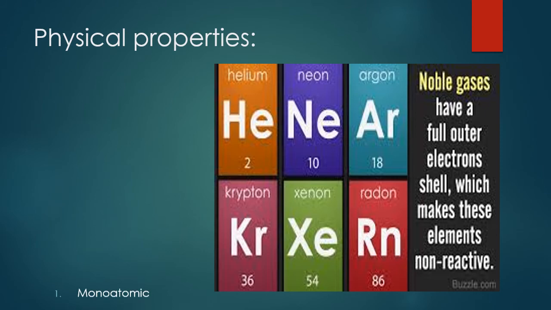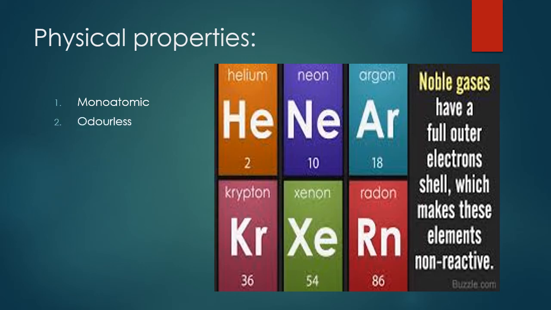Physical properties of noble gases. These noble gases are monoatomic. You all know, whenever we represent these elements, we represent them as He, Ne, Ar, Kr, Xe, Rn. Because if I write oxygen, we write O2, it's diatomic. Phosphorus we write P4, that is tetraatomic. Sulfur we write S8, that is octaatomic. But here this is said to be monoatomic because it's unreactive. It exists in nature as Ne.